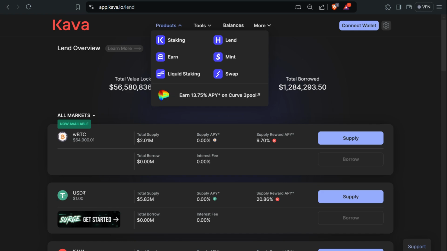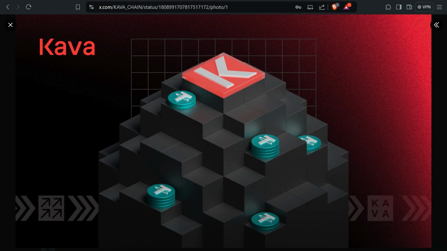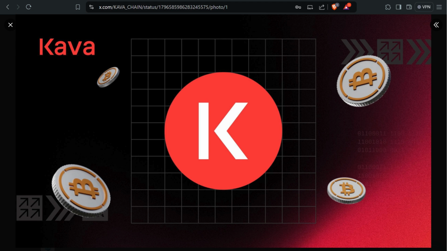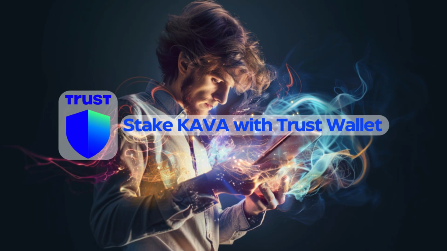It's also the home to native USDT. So whenever you're swapping into or out of Tether anywhere in the Cosmos ecosystem, know that it made its way into the Cosmos through the Kava blockchain. And the Kava token secures the network and allows those who stake that token to generate some additional yield on their portfolio. So today we are going to show you how to stake Kava tokens using the Trust Wallet browser